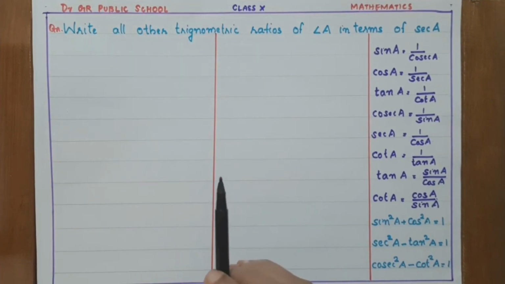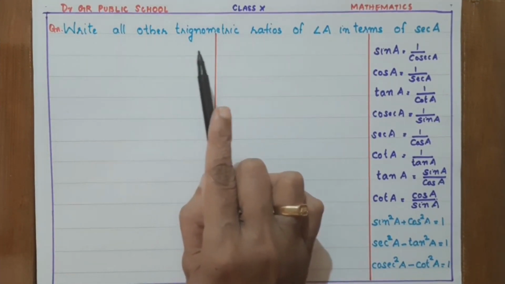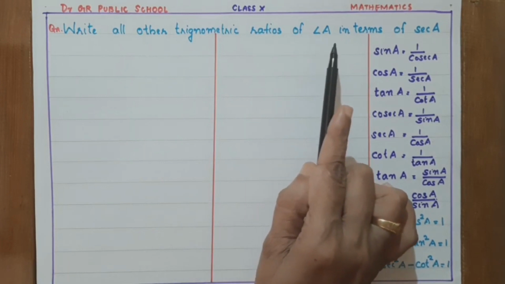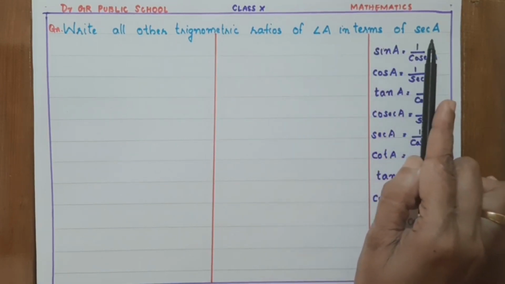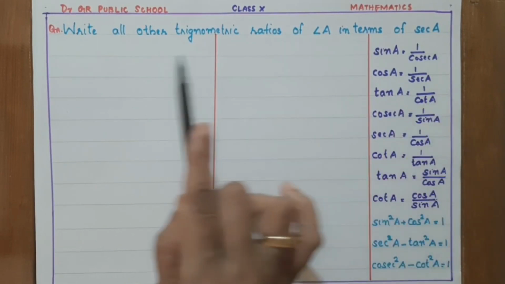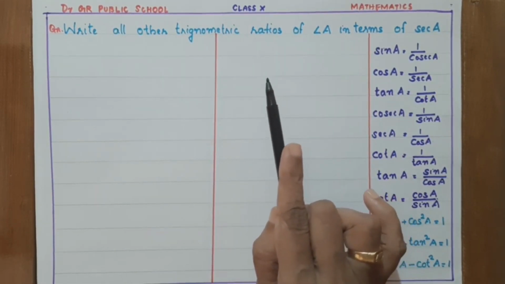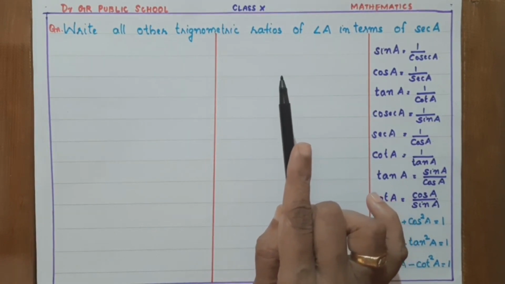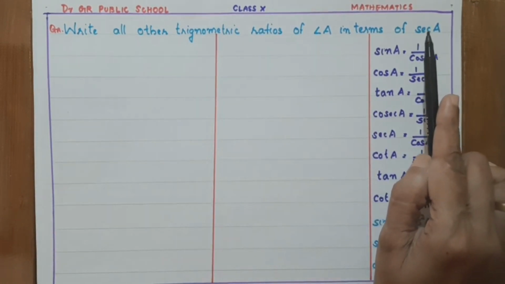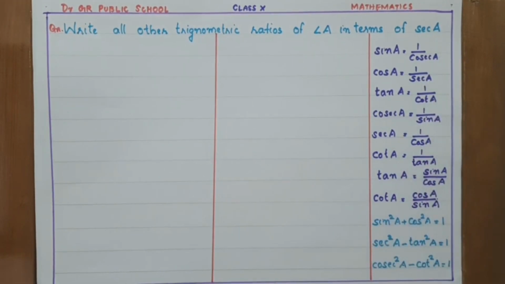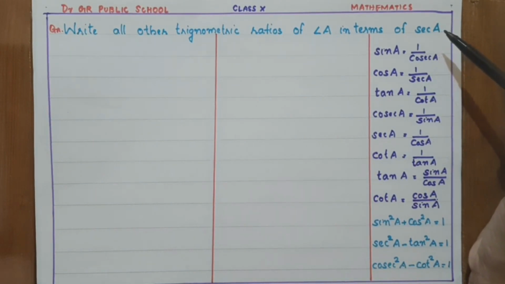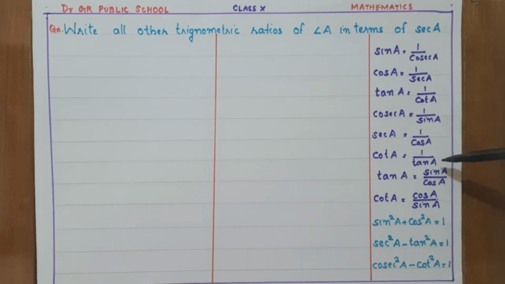So let's consider one question. Write all other trigonometric ratios of angle A in terms of sec A. So we have to write all the remaining ratios, that means sine, cos, and all these ratios, in terms of sec A. Okay children, for that you should recall all the reciprocal relations, and then